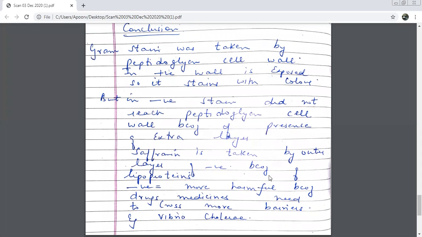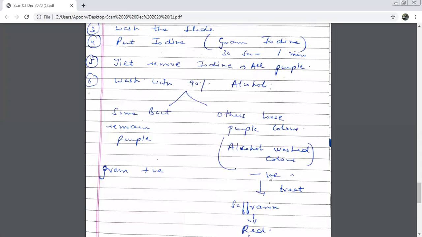Let's guess one thing before I show you. Which ones are more harmful for us? Gram positives or gram negatives? Guess. Gram negative. You are absolutely right. Tell me, but why? Since they have two layers, they would be quite tough to be killed once they cause infection. Very good, very good. Once they enter a body, a human body, for example, and some medicines are given,